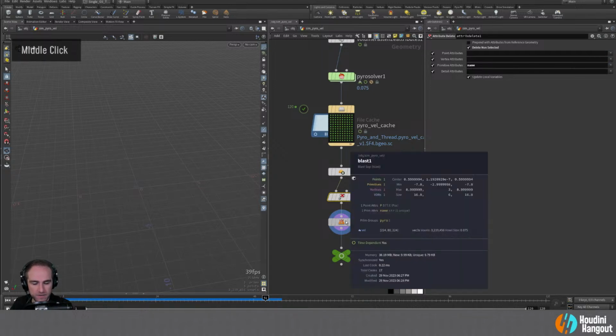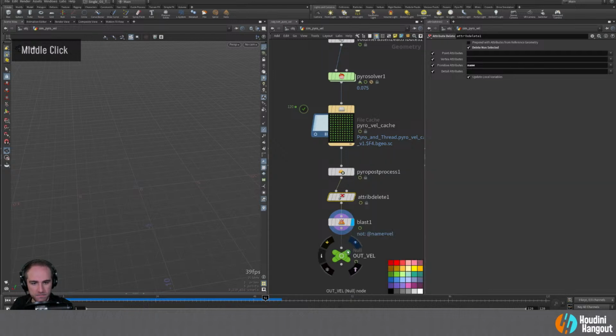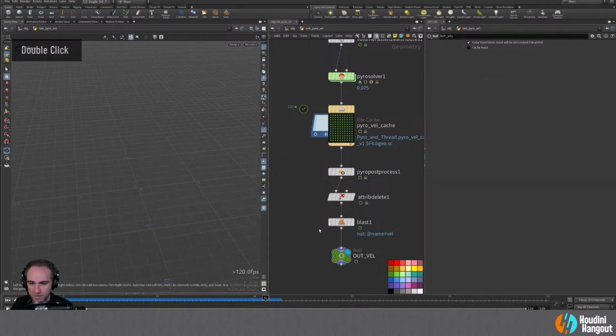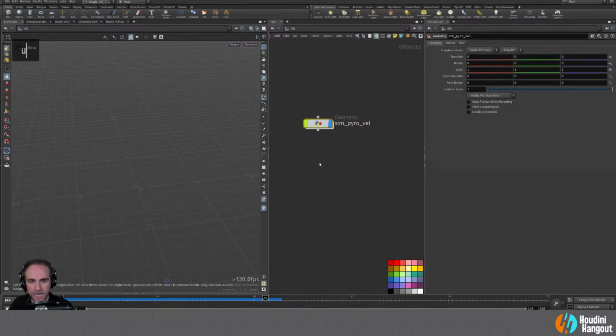So really, that's pretty much it. That should do the trick. And now we just have the Pyro volume coming out, and that's cool. So that's a purple one, but that's like a support one. So I'm just going to do that. Make another geometry node here. We'll say sim